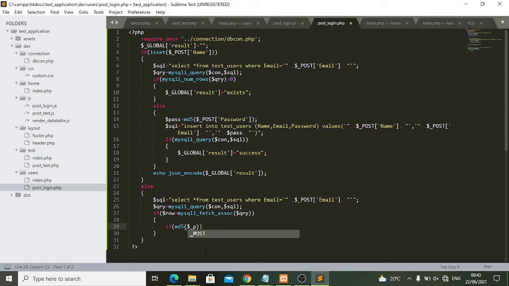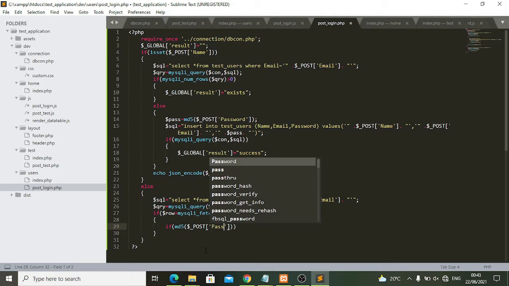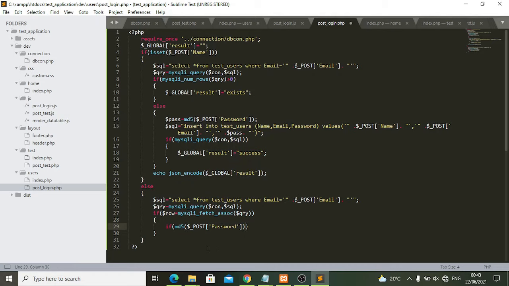So we want to hash the password that was sent through post and compare it with the password that was stored. So the password is stored in this row, password, like that. So if the password that was stored is the same as the password that was passed through the form, then we'll do another global variable,